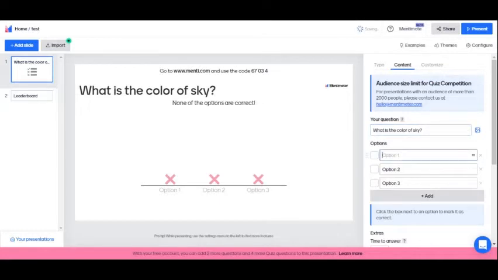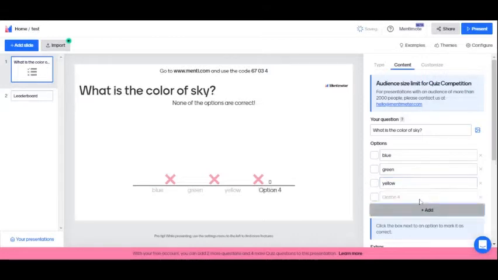Here we need to type the answers. I'll write it as blue, green, yellow. We have to click on plus add to give more options, or red.